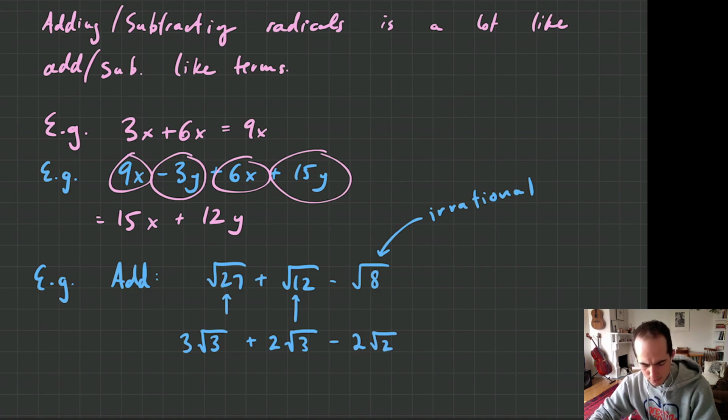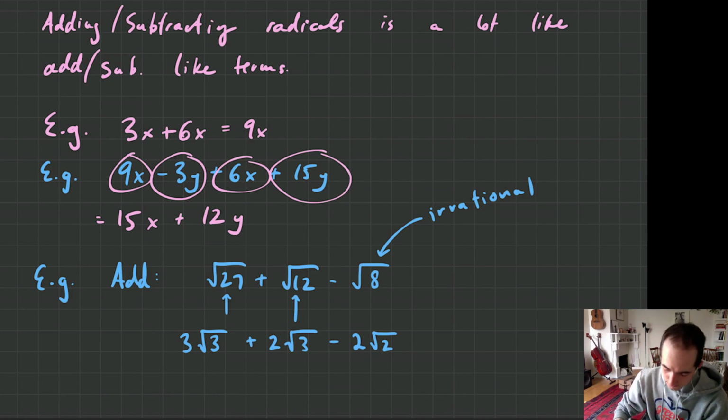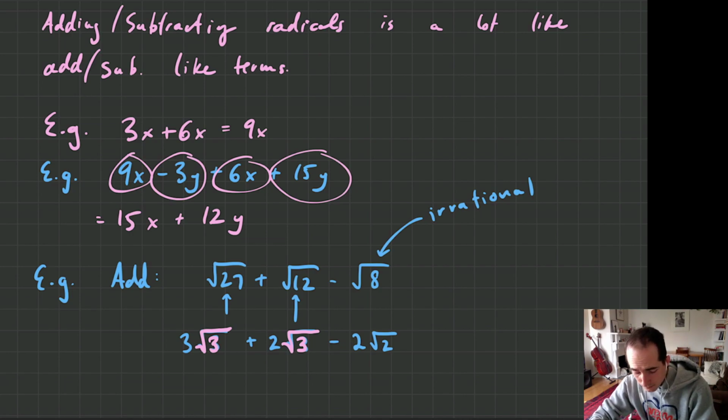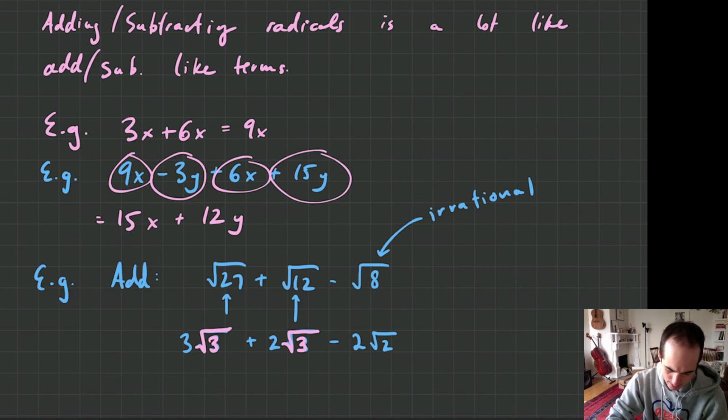So I've got 3 root 3 plus 2 root 3 minus 2 root 2. Perfect. Now I can see that this is the same as this. So these are like terms. These are like terms. I can add these together. So what I'm going to get is, and I should be writing equal signs here, this is equal to, well,